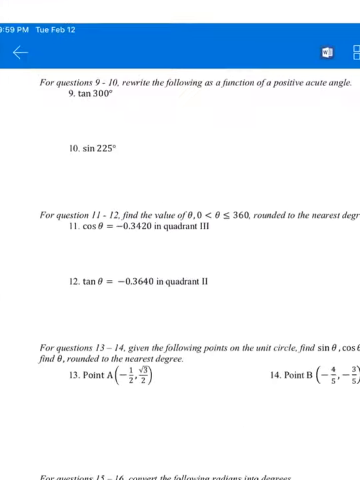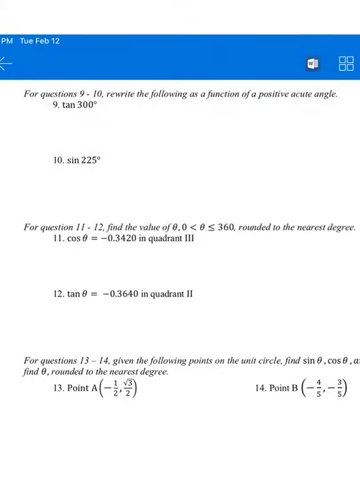For number 9 and 10, we are rewriting the following as the function of a positive acute angle. And this means reference angle. Reference angle is how far away from the x-axis you are at that angle. So here, 300 degrees is over here somewhere. It's in quadrant 4. So I have to see how far it is from the x-axis. It's going to be 60